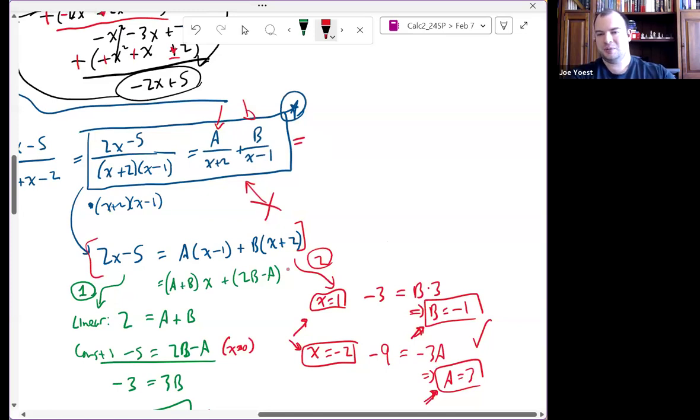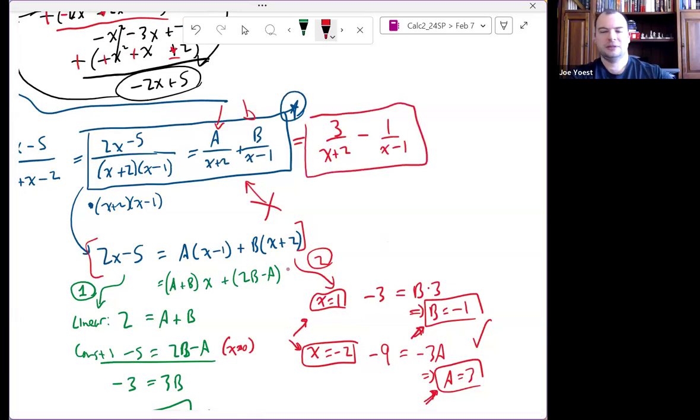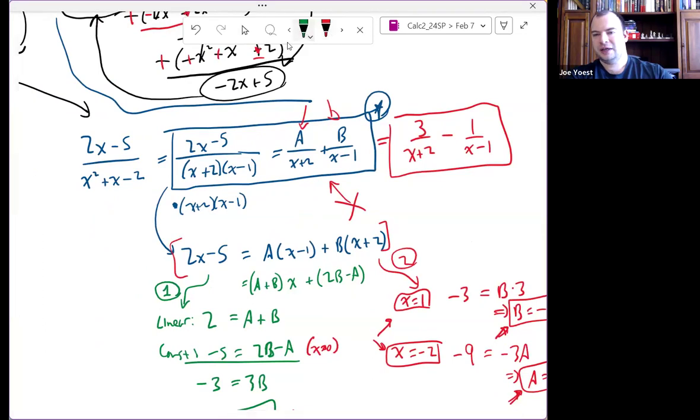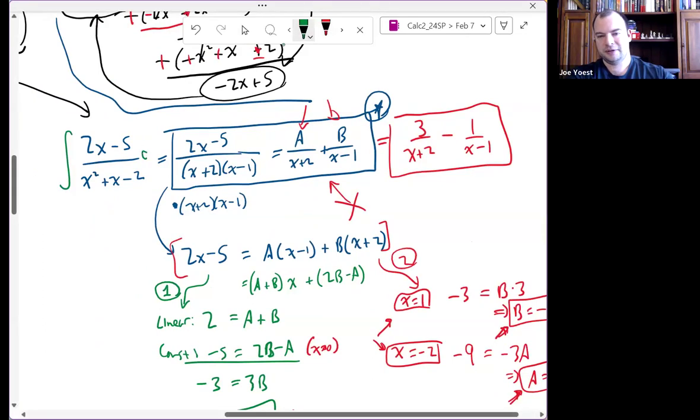And then I see a has to be 3. And then b, b is -1. So I can integrate this instead. And I see that the integral of my rational expression dx